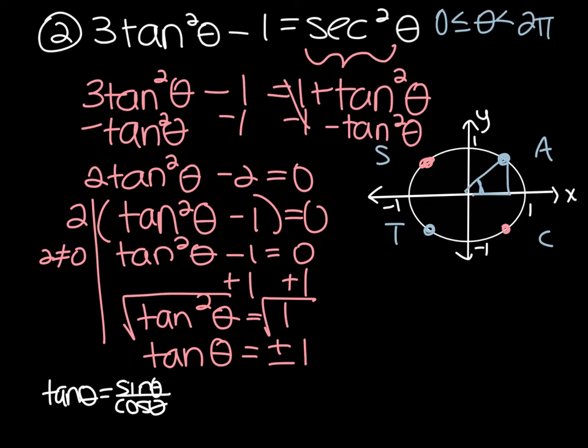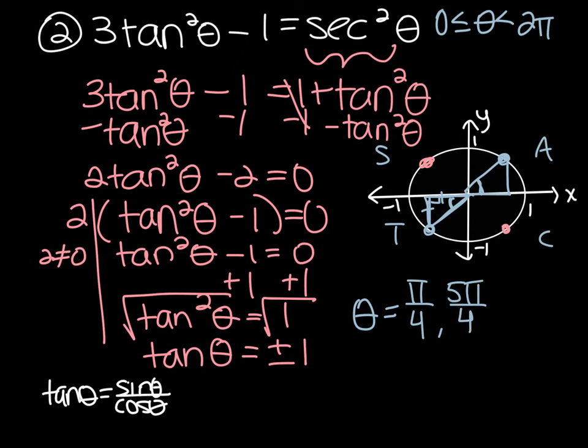So if it's a 45-degree angle and we're writing our angle measure in radians, that's going to be pi over 4 radians. If we're looking down here, again, where tangent is positive, this is a 45-degree angle as well because it's an isosceles right triangle, which means 180 around plus 45 gives me a positive 225, which when we convert it to radians, so we multiply by pi over 180, that's going to give us